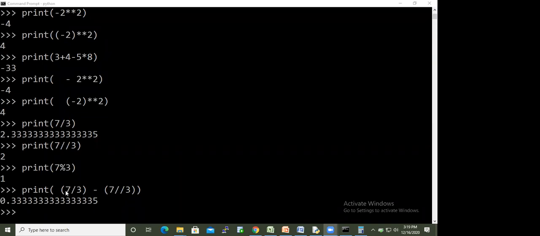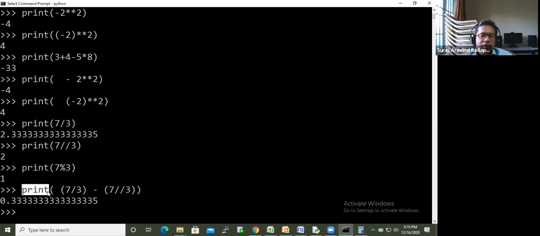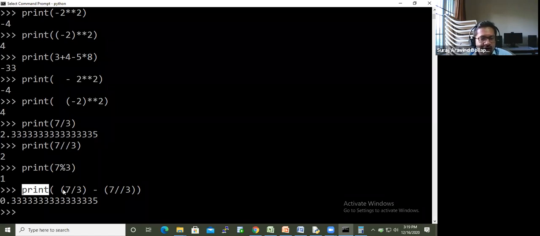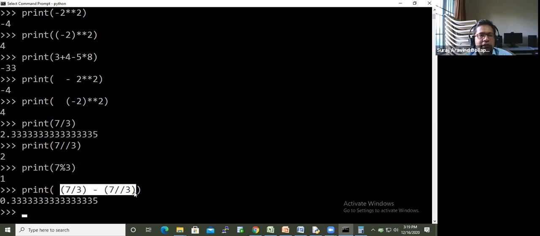Okay. So the print function, as you can see now, will print the evaluation part of the expression. So this is nothing but an expression. You are doing something, you are combining, and that expression will have a value, the resultant. So print is printing the resultant of it.